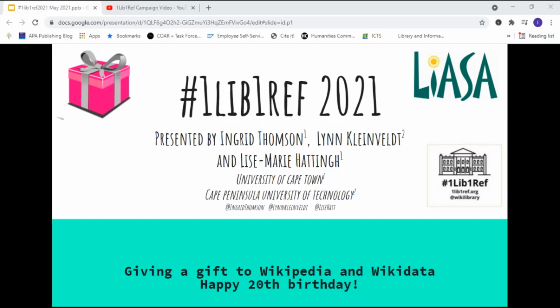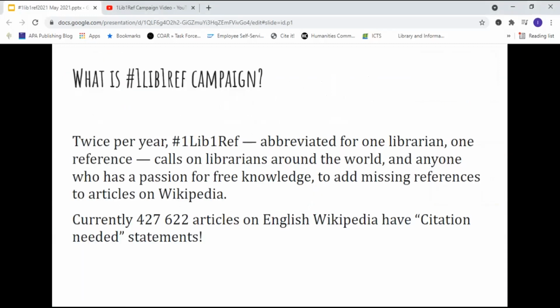So let's get started. So what is the OneLib OneRef campaign? So twice a year, OneLib OneRef, which is abbreviated for One Librarian, One Reference, asks librarians across the world, and actually anyone who has a passion for free knowledge, to add missing references to articles on Wikipedia.